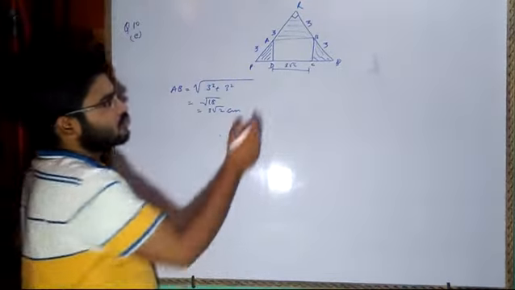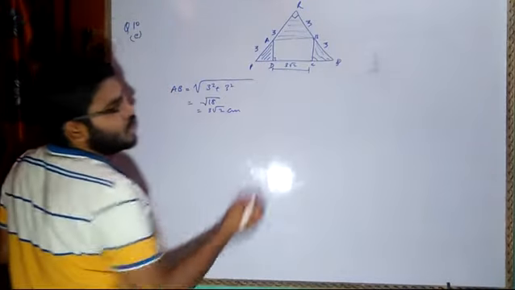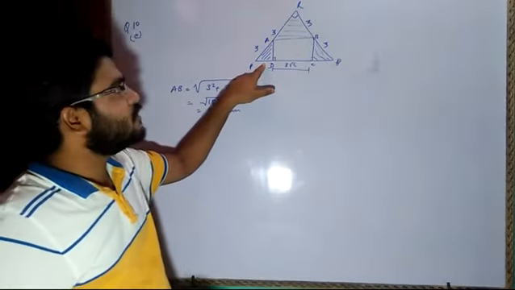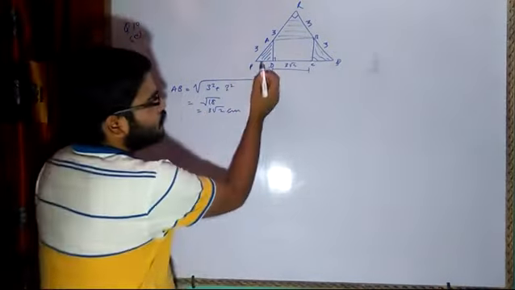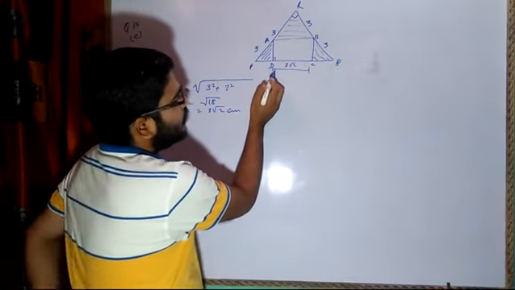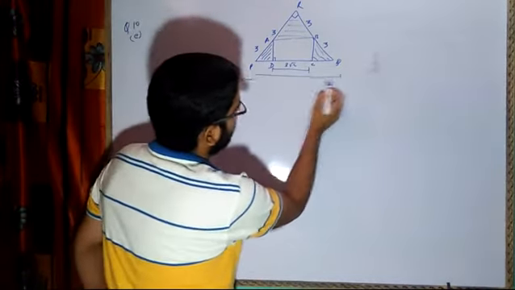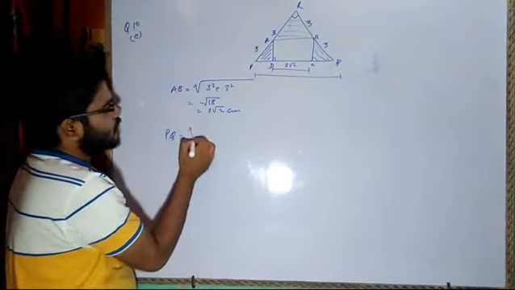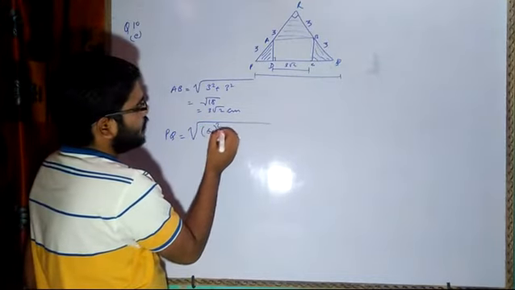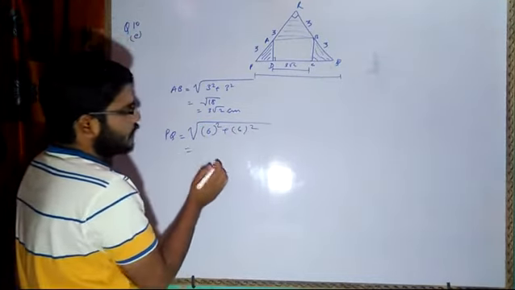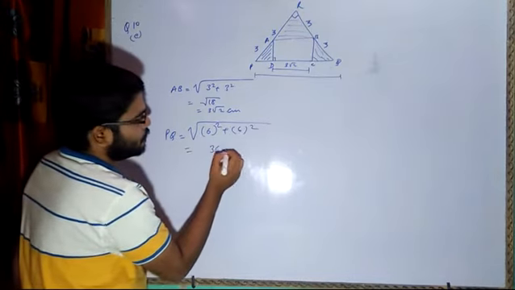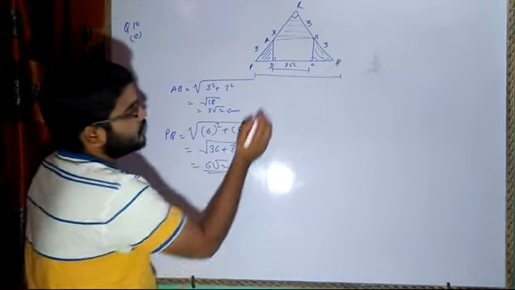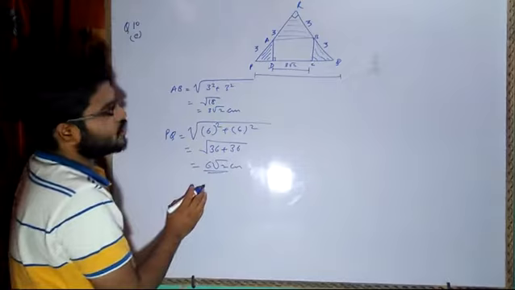After that, my task is to find the height of this rectangle. How do we find the height of the rectangle? Is it possible to find the height of a rectangle without calculating the side PD? We need to find the length of the side PD. To calculate PD, first I have to find the length of PQ. PQ will be equal to root under 6 square plus 6 square, that means 36 plus 36, which is 72. So the entire length PQ will be equal to 6 root 2.